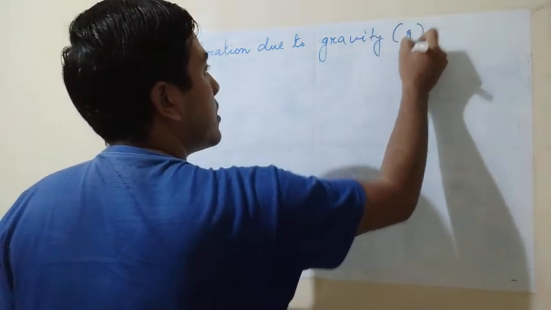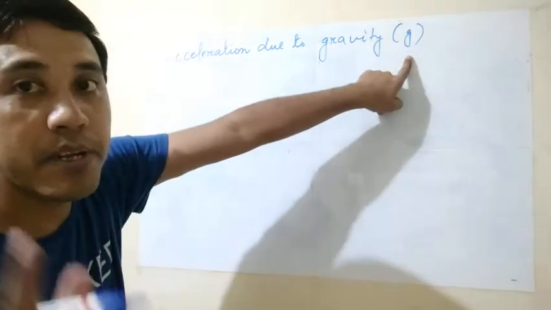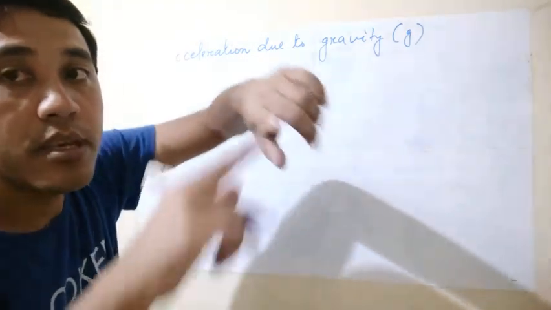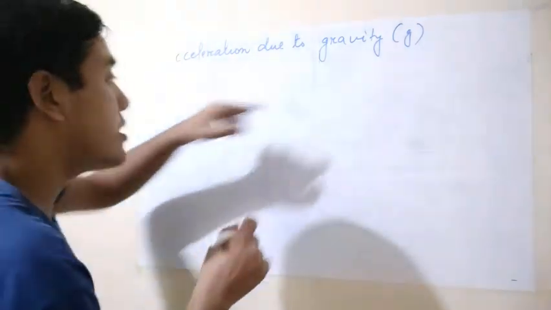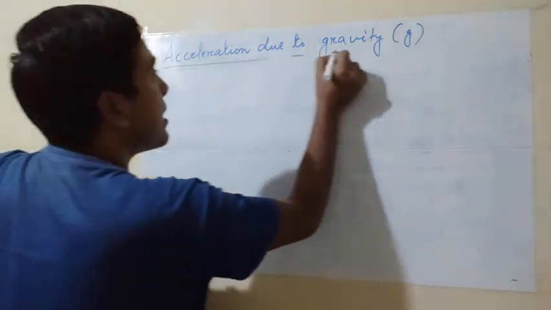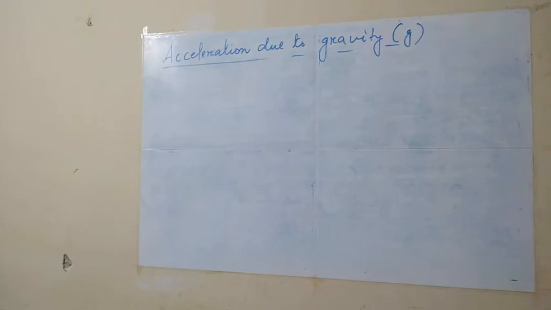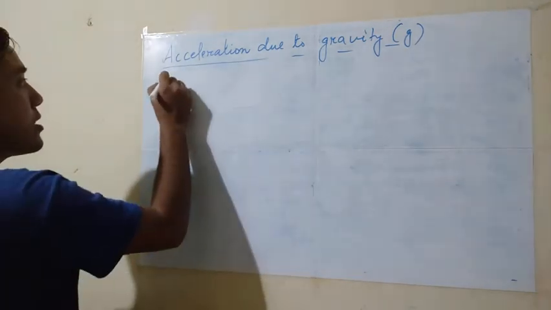Here it should be small letter g, whereas for the universal law of gravitation, the gravitation constant is capital G. Here we use small letter g. What is meant by acceleration due to gravity? It is the uniform acceleration produced by